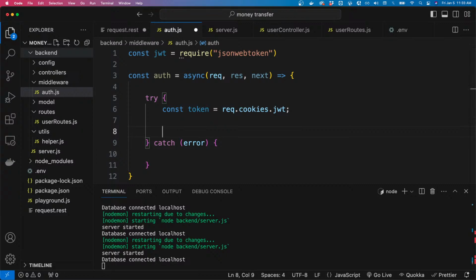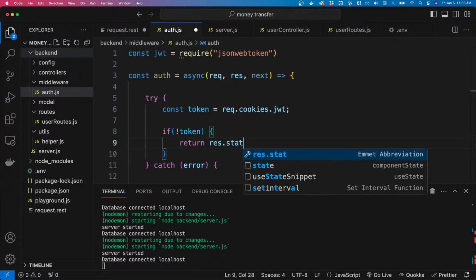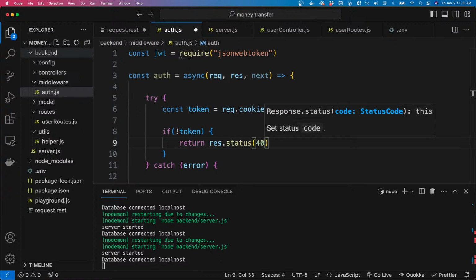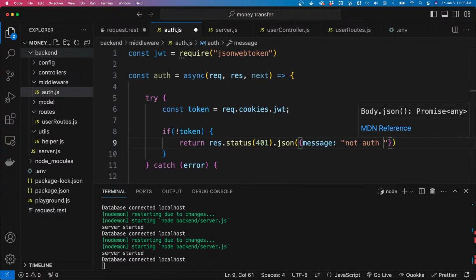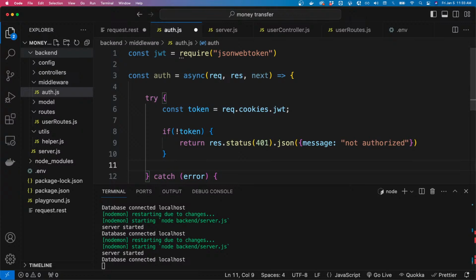So say if not token, we return and say status of 401, which is not authorized, pass a JSON message and say not authorized. But if we have the token,